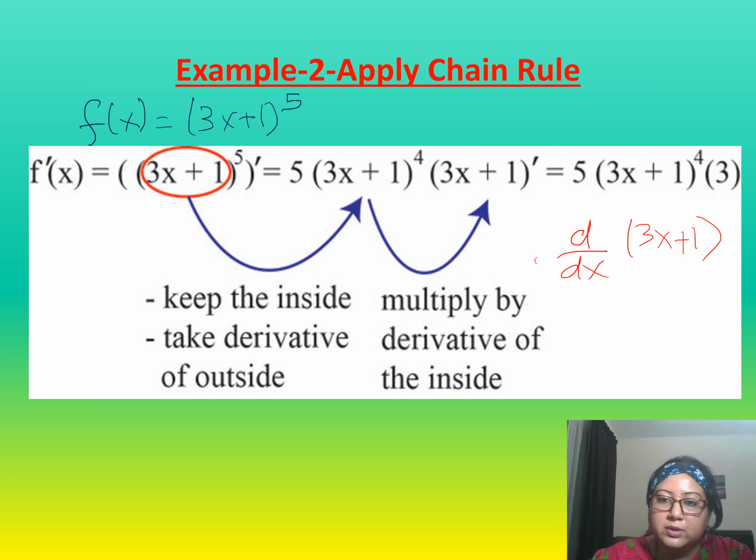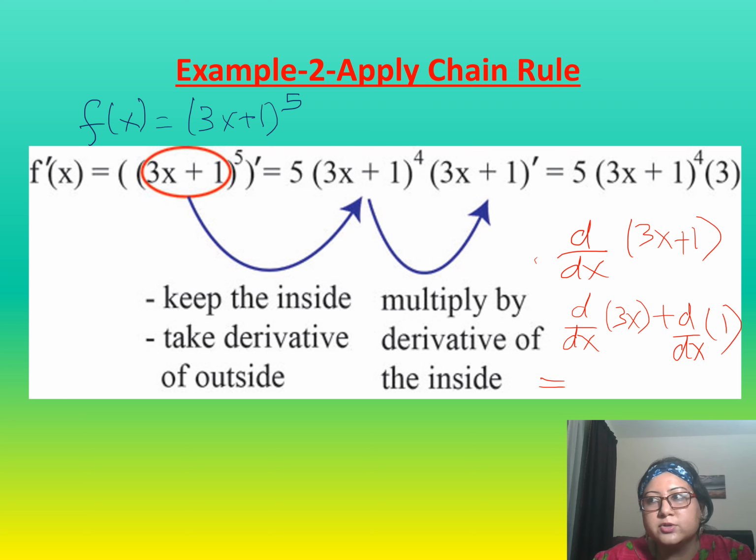So we can apply the sum rule here. It's the sum of two functions, 3x plus 1. So the derivative is going to be the sum of the individual derivatives. So d by dx of 1, and if you remember the first or second rule, it said that the derivative of a constant is 0. So this goes plus 0, and for the derivative of 3x, it is going to be the constant only. So you have the final derivative of this whole expression as 3. And that's why you have 5 multiplied with 3 multiplied with 3x plus 1 to the power 4. So this gives you the final answer.